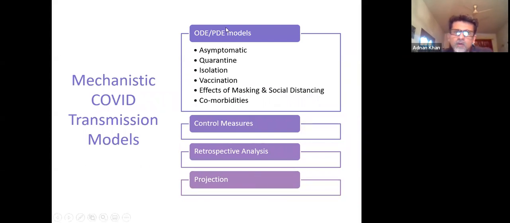So ODE models is what we've been working on, and I will look at 3 ODE models and then a model which is an agent-based model, or a kind of stochastic model, and see how disastrous that was, by the way. So you need to take into account the dynamics of the disease. Now for COVID,